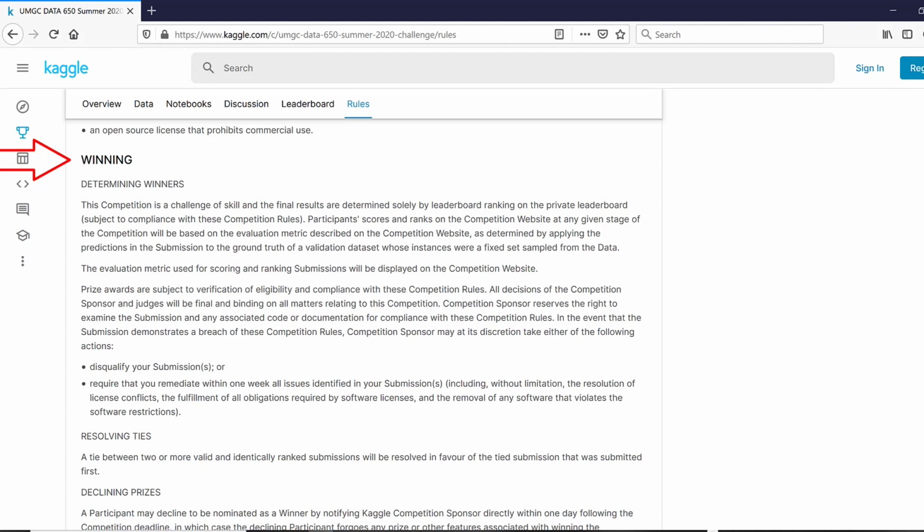But we go through one more validation, and that is at the end of the semester, the top 3 or 5, or if you're tied with others, there could be more participants who would be asked for their final code, right? So they'll be asked for your code. If you've used a language other than R or Python, let's say you've used a particular tool, you'll also be asked to submit the same files that you've used for building the model.